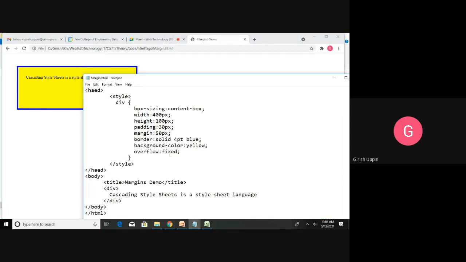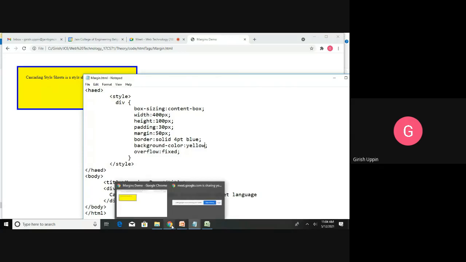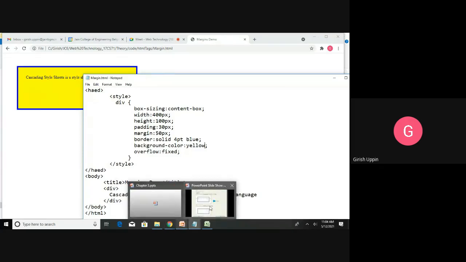Then overflow, we can have a fixed, or it can be a scrolling value depending upon how much is the content. We can have a scrolling. And content box will decide how the width of the particular element is calculated. We will see the slide, then we'll come back to the example, then we'll understand.